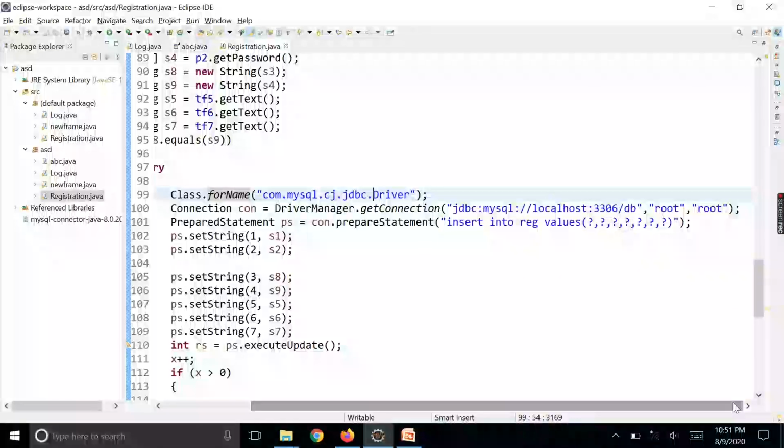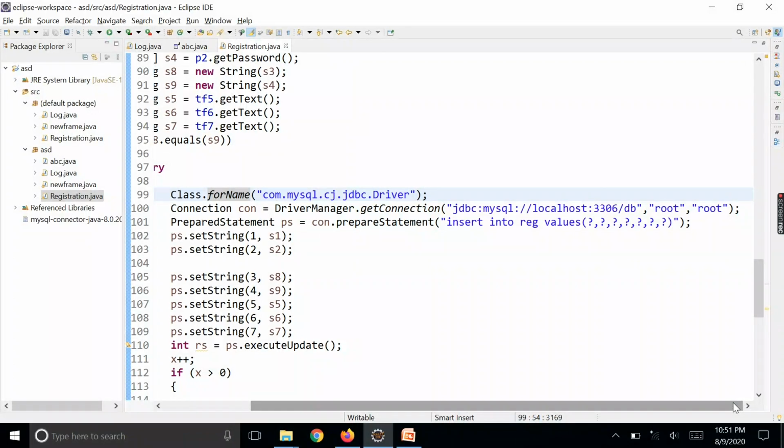Then you are using a prepared statement. This prepared statement is used for DML queries. So here we have a DML query called insert, right? So we are using an insert query. We have PreparedStatement ps equals con dot prepareStatement. You can also use executeQuery. If you use the prepared statement, then we can set the sequence of strings to pass into the queries.